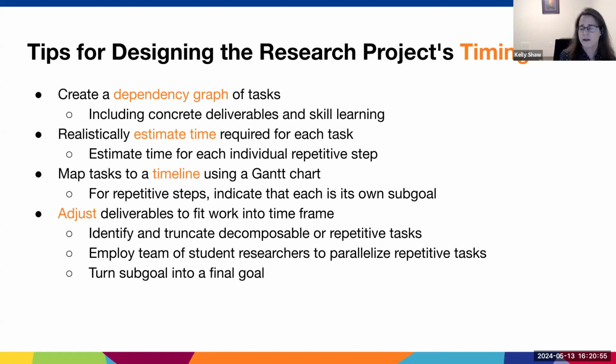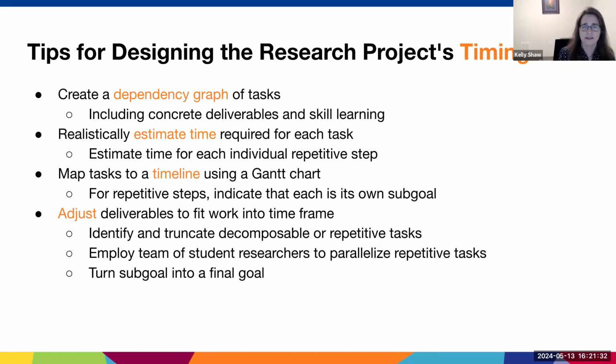So the first thing that I recommend doing to turn your ideas of the steps that are going to be completed by the student into a timeline is to create a dependency graph of the tasks. What has to happen before another task can happen? So you want to think of this in terms of both the concrete deliverable items as well as the learning that the students are going to have to do. They probably need to learn how to read a technical paper before they can read the technical paper for your study, and so forth. Once you've created that dependency graph of tasks, then you want to realistically estimate the time